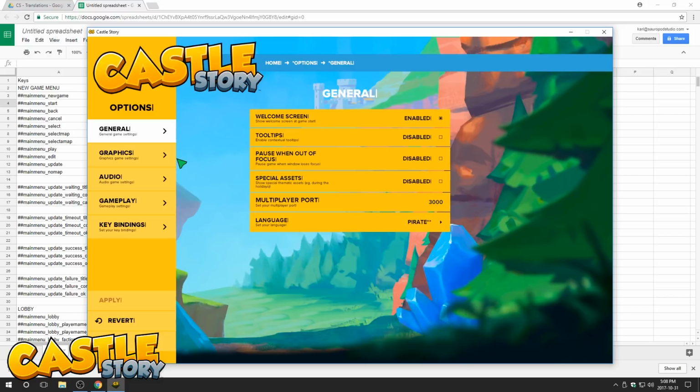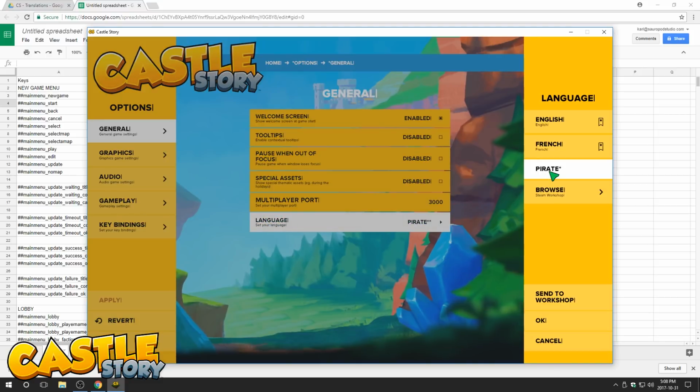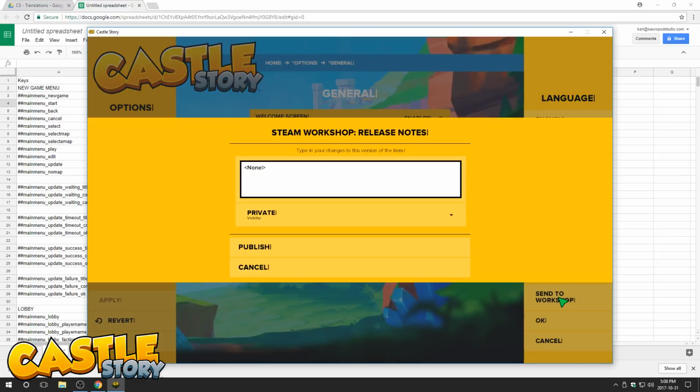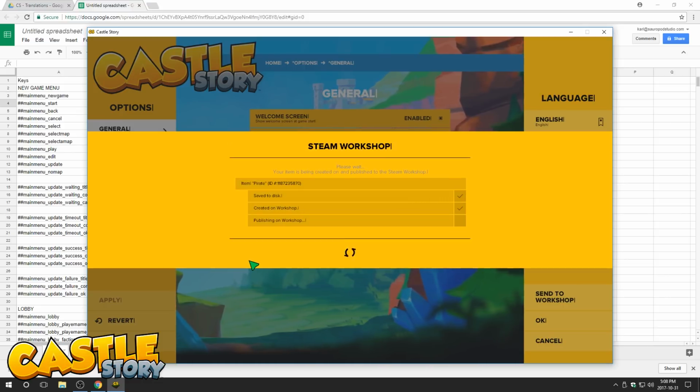Now back in options, I can click on my translated UGC translation that I did and send it to workshop by clicking send to workshop. You can put the text you want to, pirates, and then the privacy, and then publish, and it will be